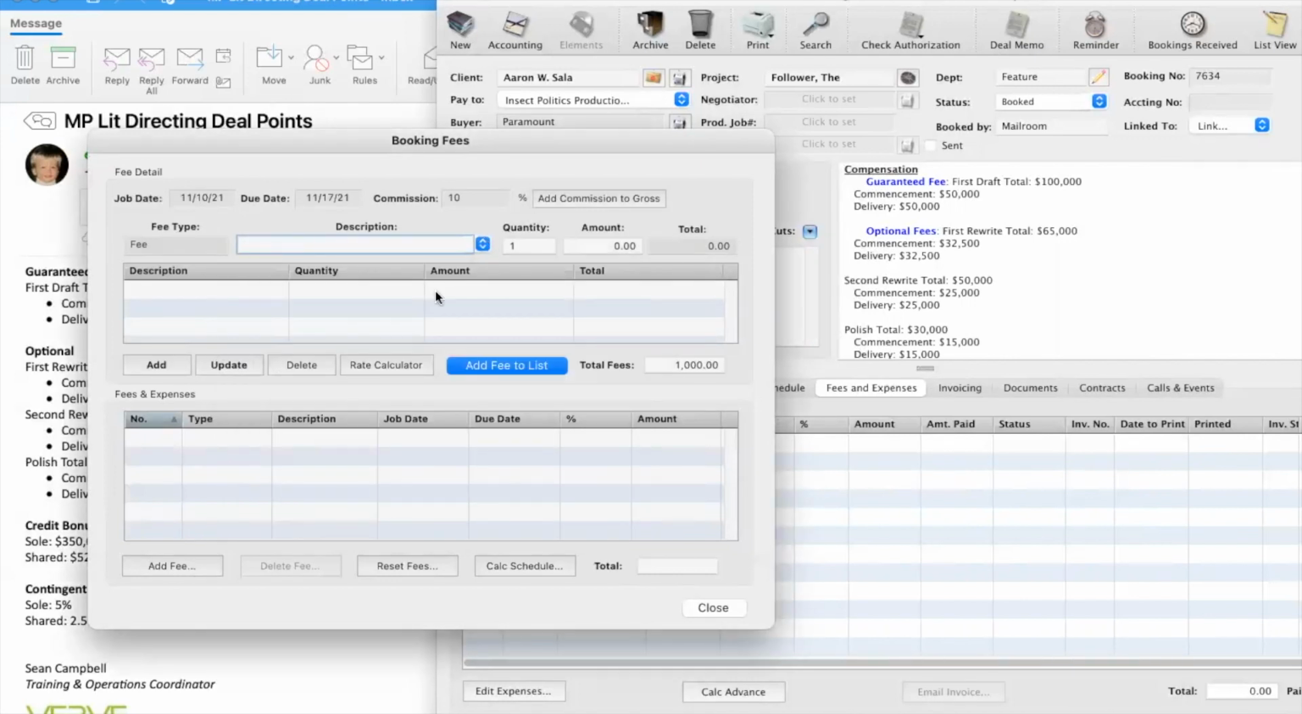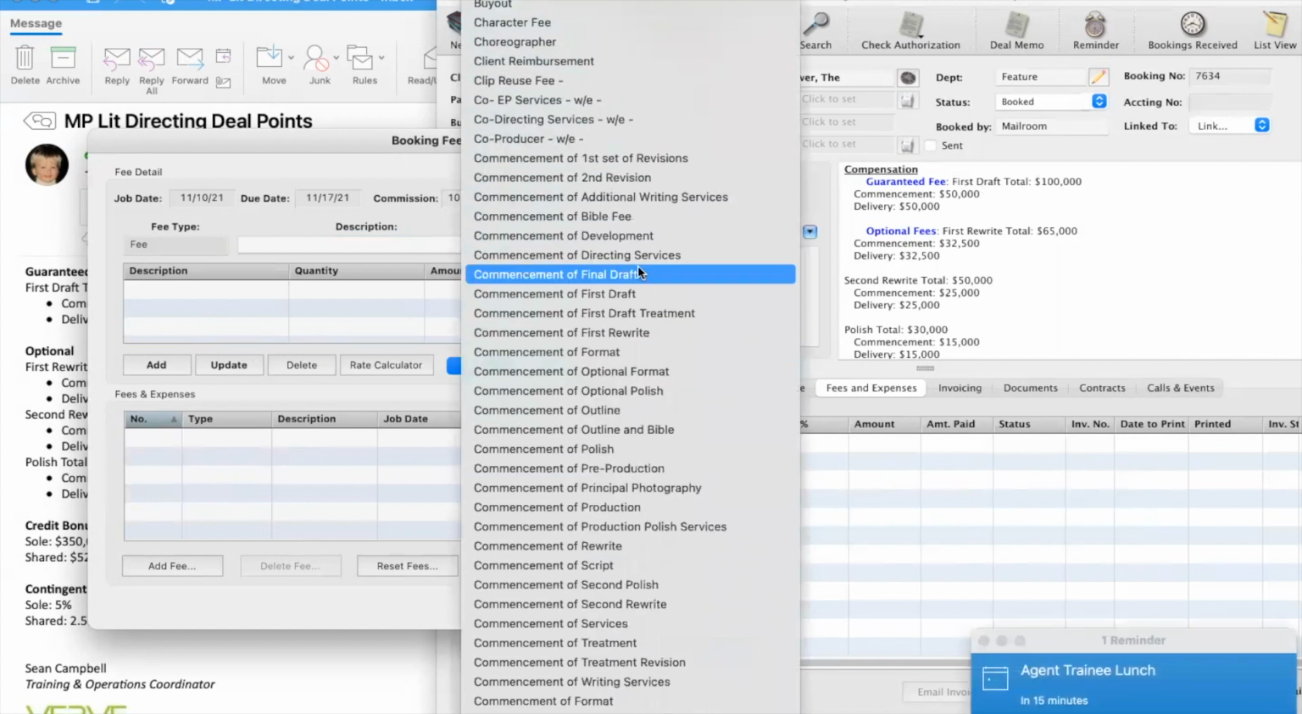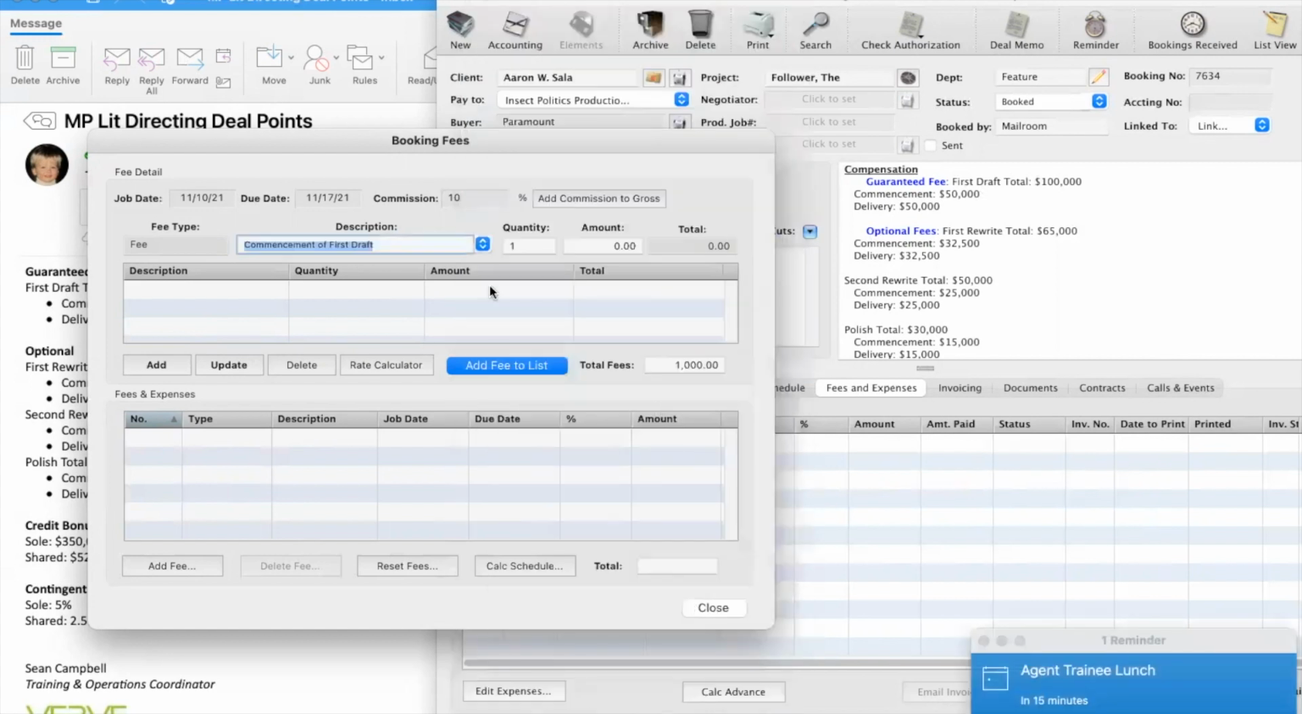So first we need to choose something from the dropdown, commencement of first draft. Always try and pick it from this. And if you don't find something that exists here, you can ask Lonette to add it in, but try not to be writing it in. We want to keep it limited to the pre-selected ones. So commencement first draft,